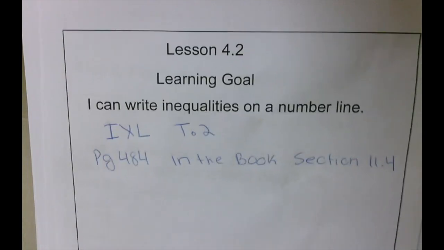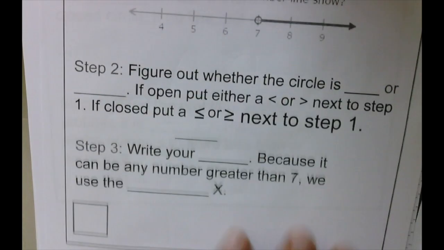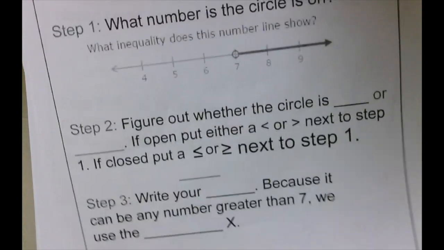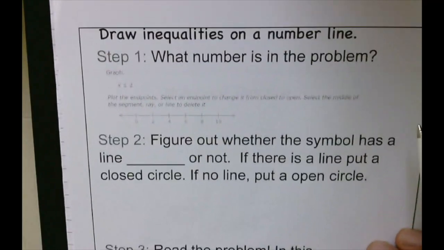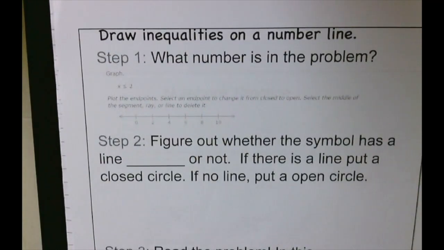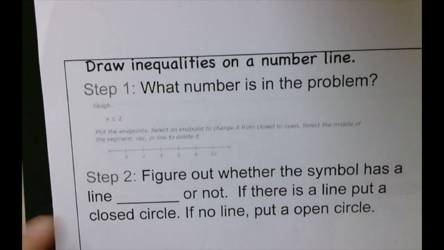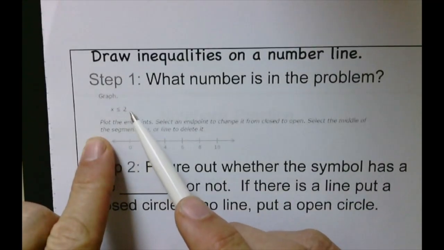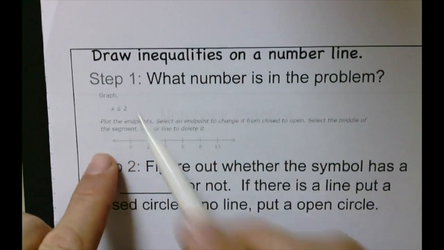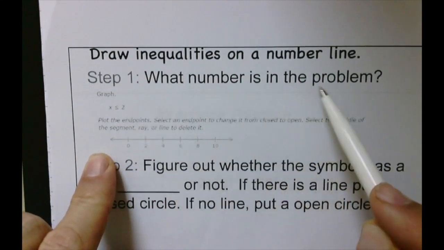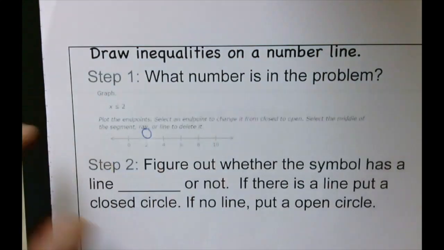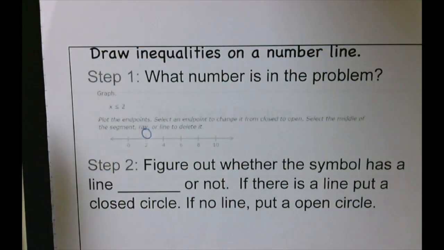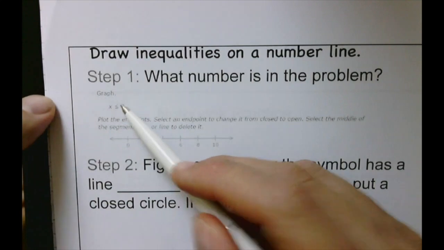Let's begin with writing inequalities on a number line. What number is the problem on? Well, here it says x is less than or equal to 2. To begin, I'm going to put an open circle on 2. After that,